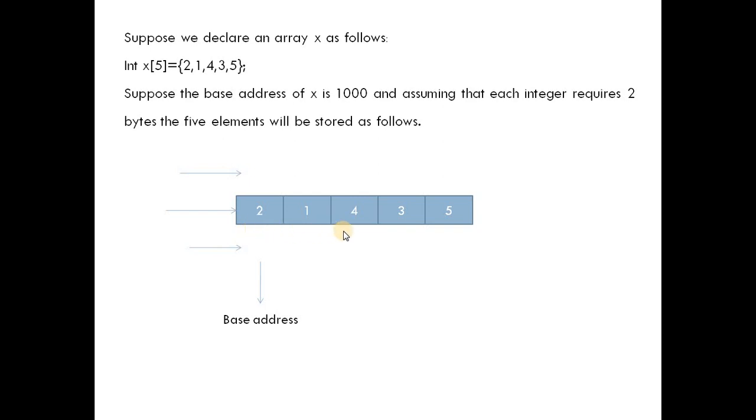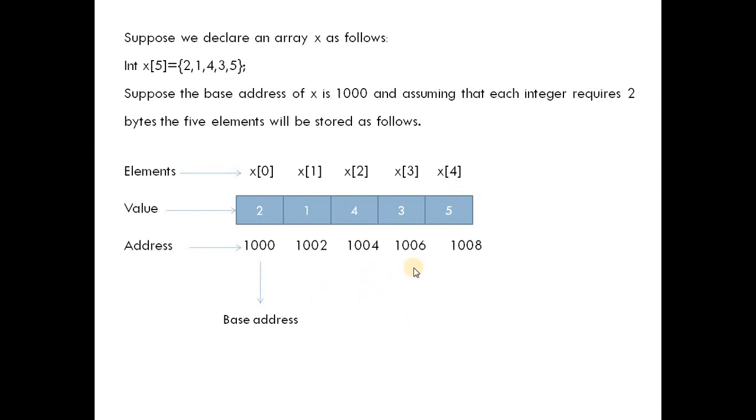Here you can see that the array is stored in memory in adjacent, contiguous memory locations. The first 2 bytes will be stored by the first element, the second 2 bytes by the second element, the next 2 bytes by the next element, and so on.